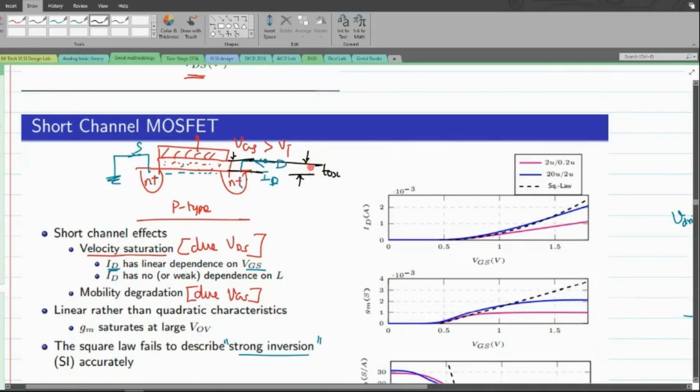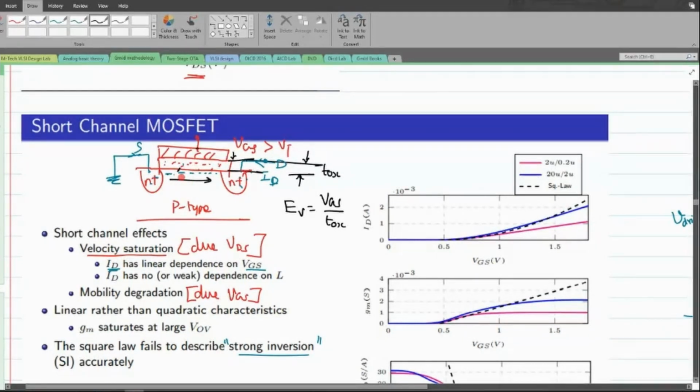And we know that the electric field created across this dielectric medium is known as the vertical electric field, because I am applying a gate potential with respect to the source. This vertical electric field can be written as VGS divided by the thickness of the oxide. So the moment I reduce the thickness of the oxide, the electric field across this oxide layer increases tremendously. Because of this, all of the carriers that are supposed to move in the horizontal direction are being attracted towards the vertical direction, because I am applying a high electric field.